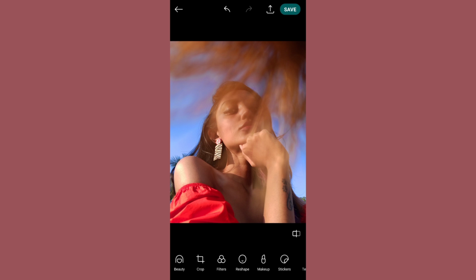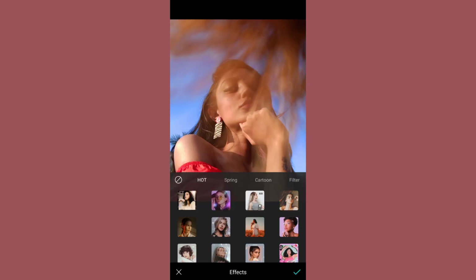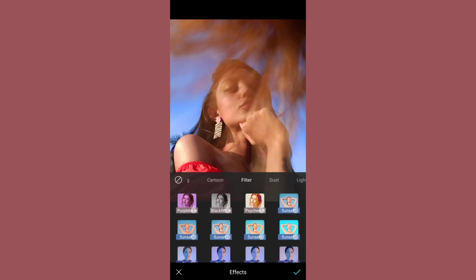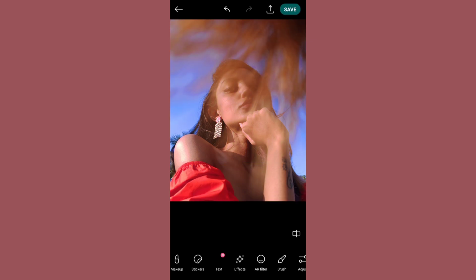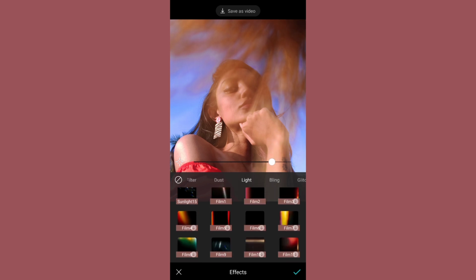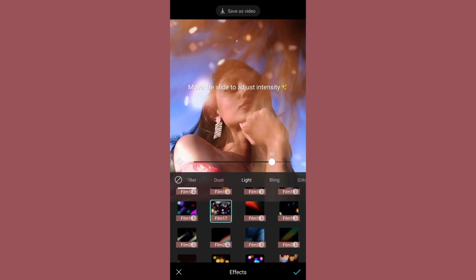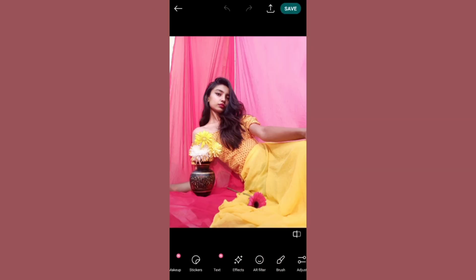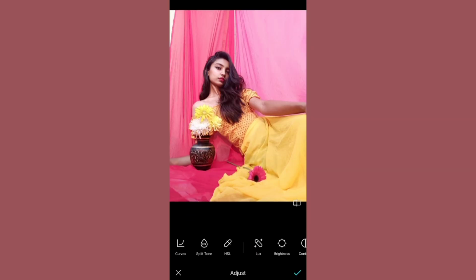then save it, and then going to the effects tab, and again I want those pinkish aesthetic filters, so selecting this one, 90s 2. Then for finishing touch, again going to the effects tab, select any light leak effect. Now for some pictures you can even save the picture as a video like this one, and yeah, this is the final result.